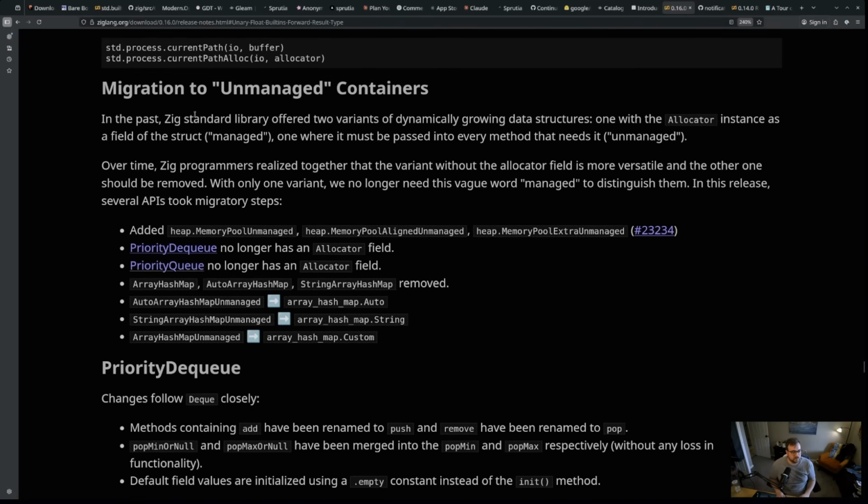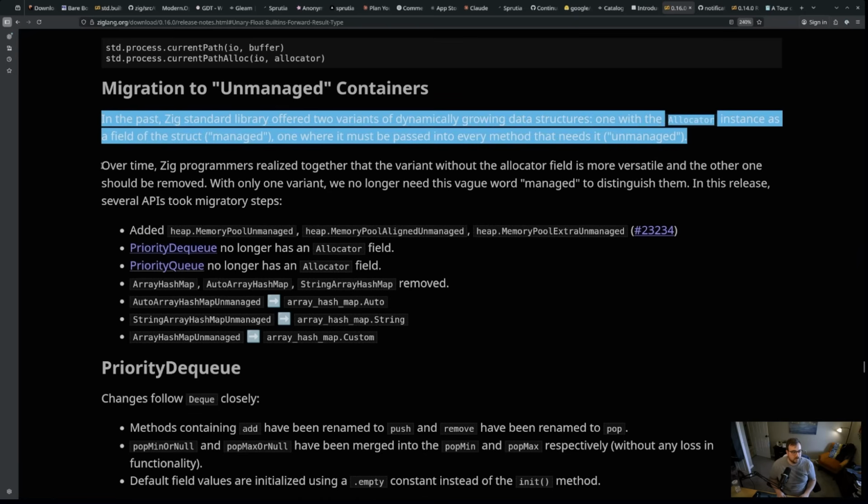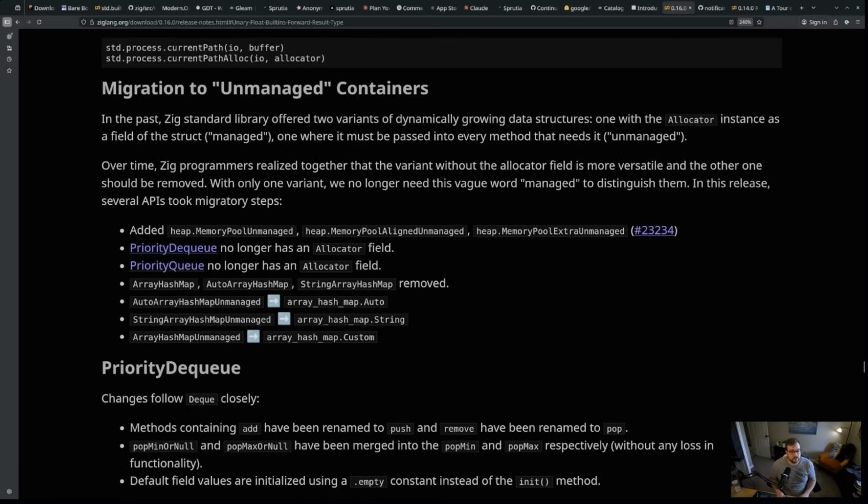Migration to unmanaged containers. In the past, the Zig standard library offered two variants of dynamically growing data structures. One with the allocator instance as a field of the struct, so managed, and one where it must be passed in on every method that needs it, unmanaged. You should be familiar with this if you migrated to Zig 0.15. Over time, Zig programmers realized that the variant without the allocator field is more versatile and the other one should be removed. With only one variant, we no longer need this vague word managed to distinguish them. In this release, several APIs took migratory steps. You can read through this, but MemoryPool managed, unmanaged, MemoryPoolAligned unmanaged, and MemoryPoolExtra unmanaged